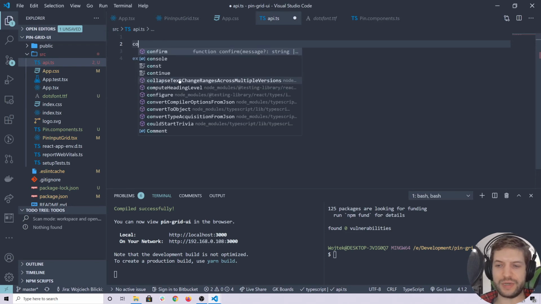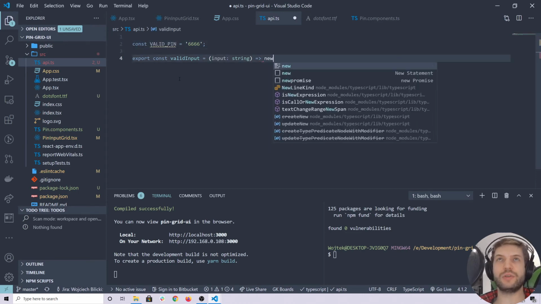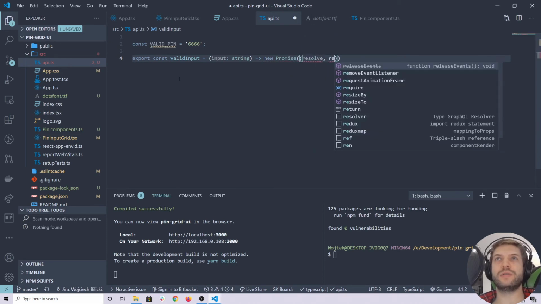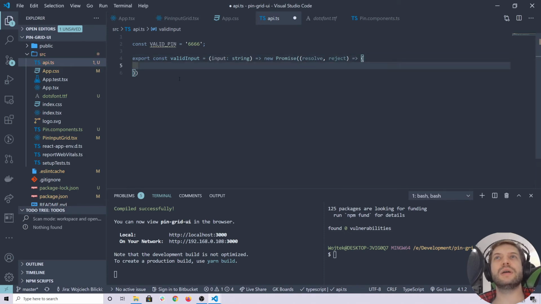We're going to define our valid pin, and let's say that's going to be 66666, number of the beast, right? And then I'm going to return a promise, resolve, reject, right, and